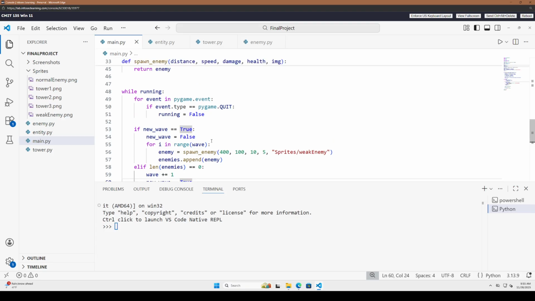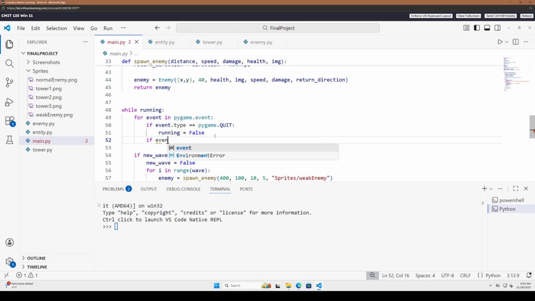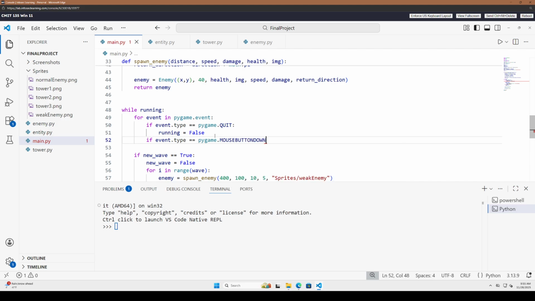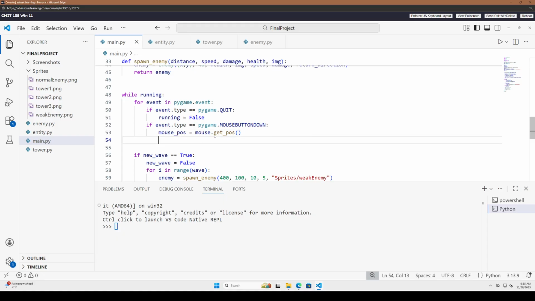Now what we want to do is get some click detection. So if event.type is equal to pygame.MOUSEBUTTONDOWN, what we're going to want to do is get the mouse position. So mouse position is going to be equal to our mouse.get_pos. Okay, and then